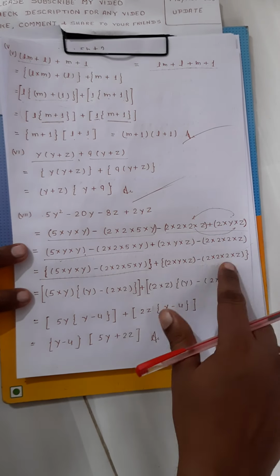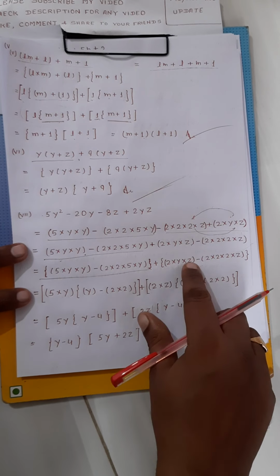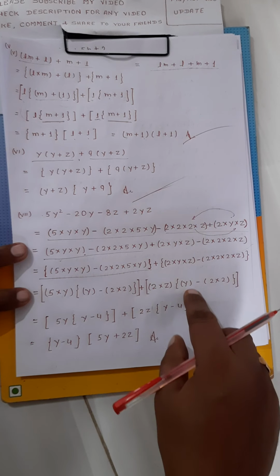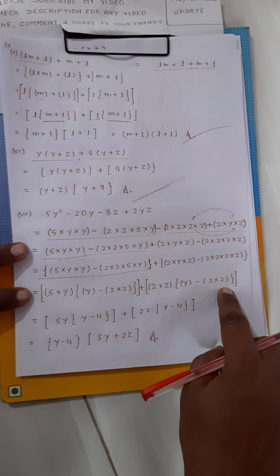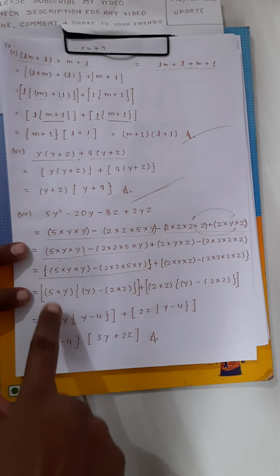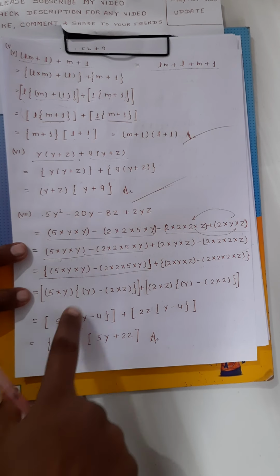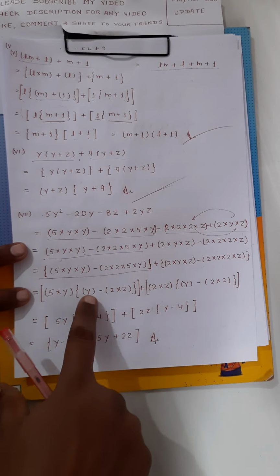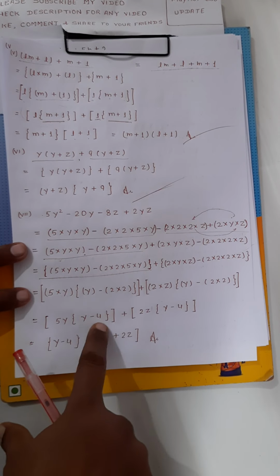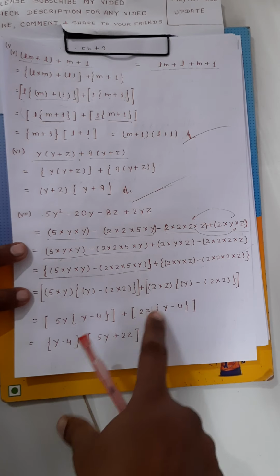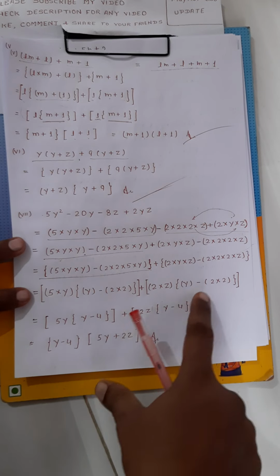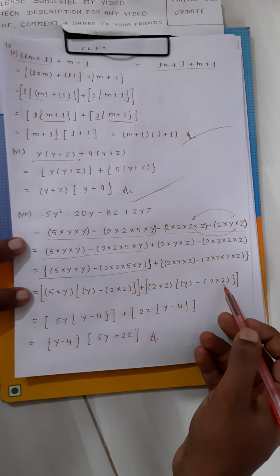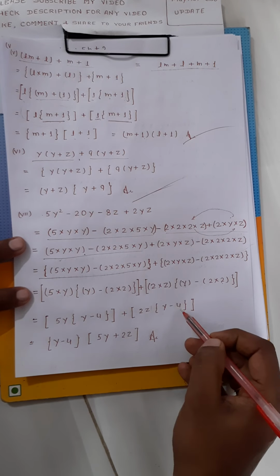Now from these 2 terms we can take 2z, 2z in both terms, so 2z we can take out. Now y will be left here and 2 into 2 will be left here. Okay, what will our value be? 5 into y is equal to 5y. We can remove this bracket here also, so y minus 4 will be left here. Okay, now for 2 into z means 2z, and we will remove this bracket also because now we don't need this bracket. So here also y minus z will come.